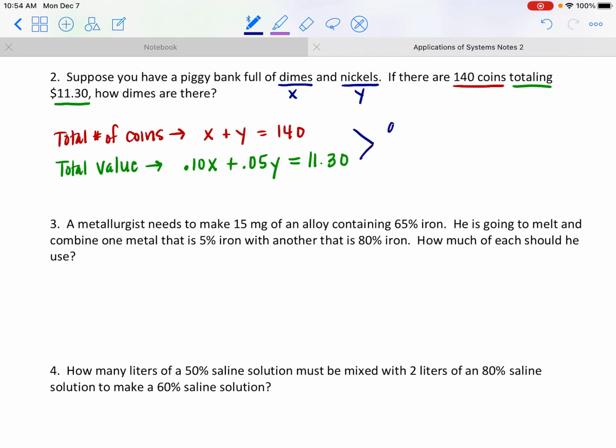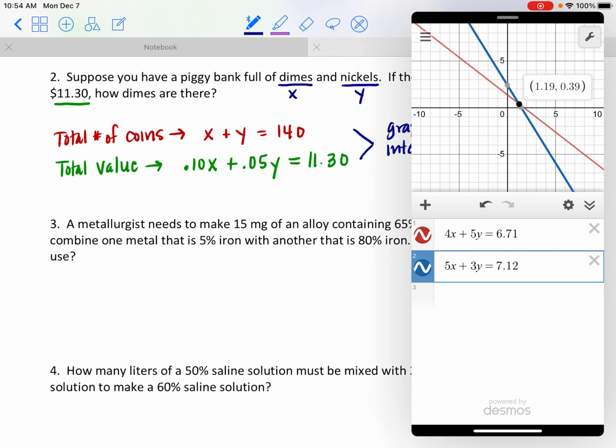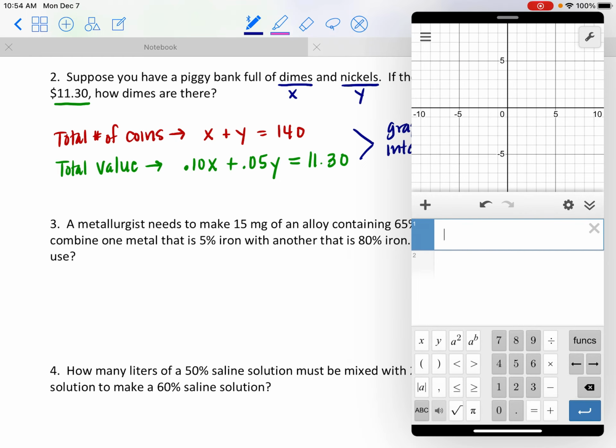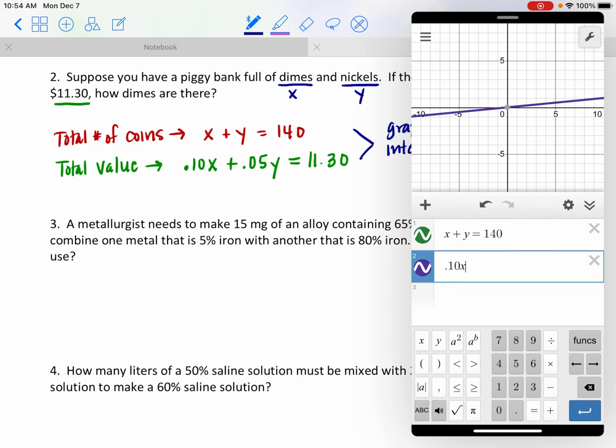And again, we're going to find where the graphs intersect to solve this, unless you wanted to use substitution or elimination or matrices or determinants or some other method. But for me, graphing is just going to be the easiest because Desmos is just so wonderful and free. Gotta love that. All right, so let's see. 10 cents for every dime, plus 5 cents for every nickel, total of